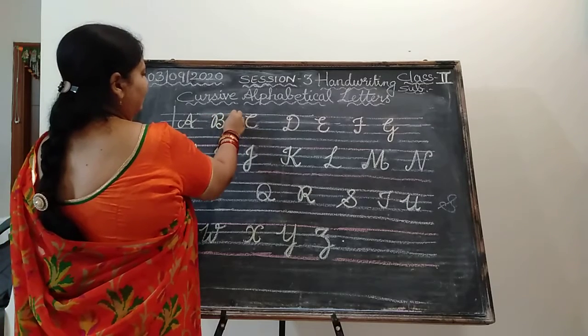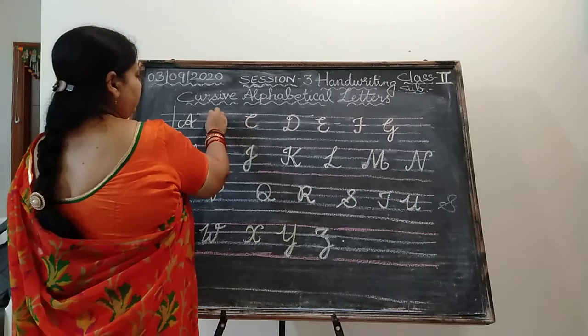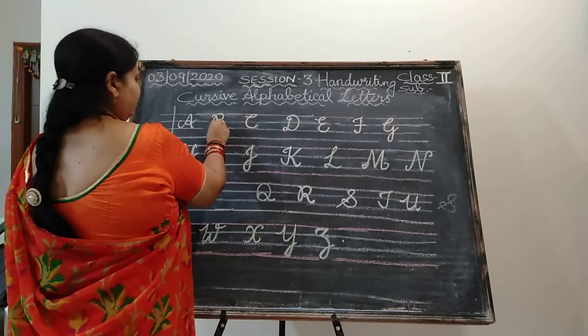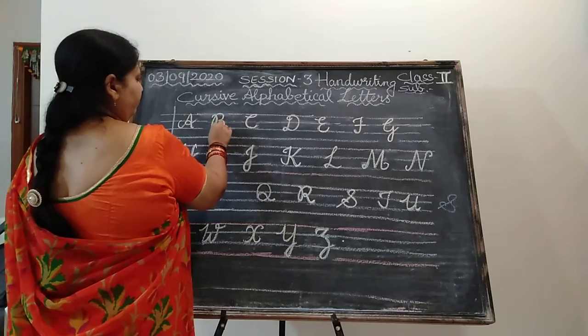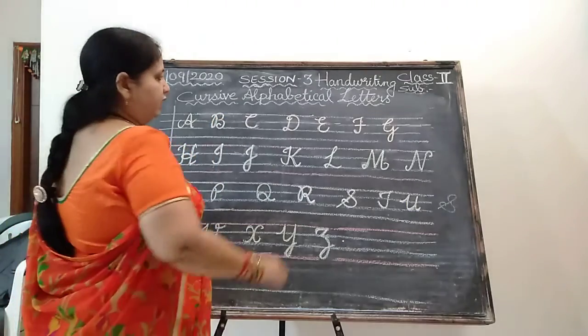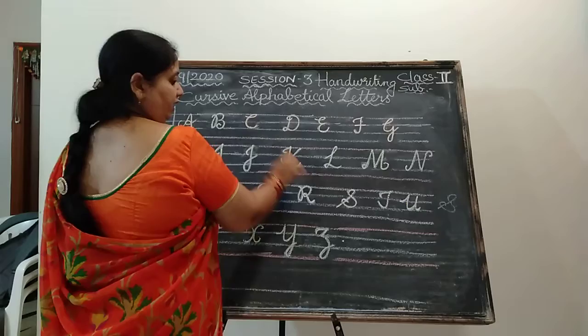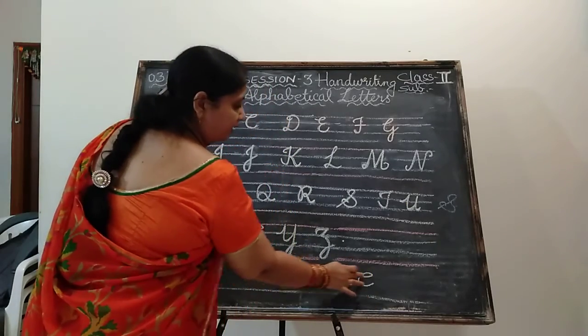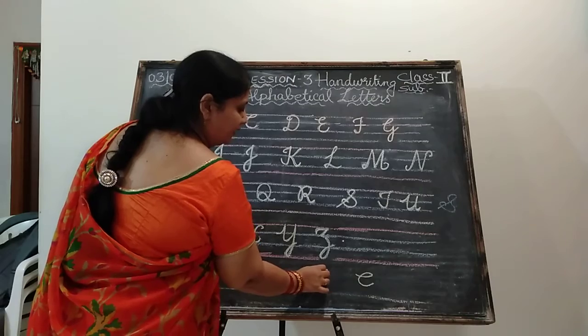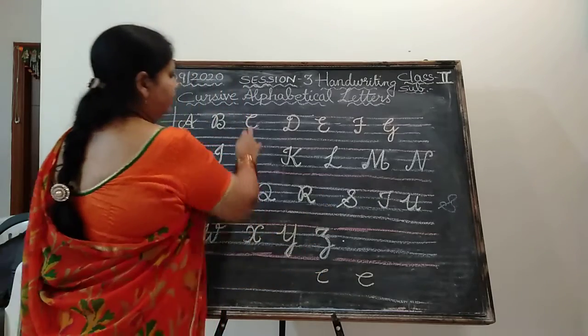Look at the first line, second line, third line. From the first line I had started. Take a curve, again lift it, curve it. That's it, finished. The C. And don't make it as E. If you write C like this, it will become E. C, don't take a complete turn. It's a very light turn. Is it clear? This is C.